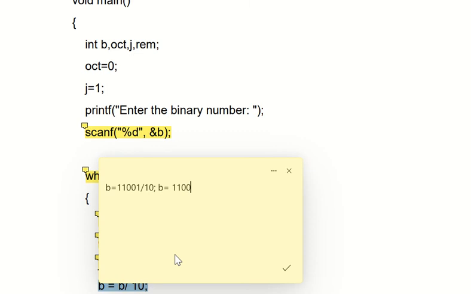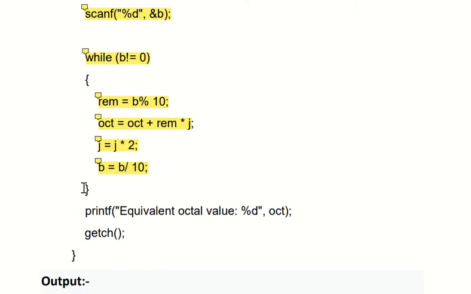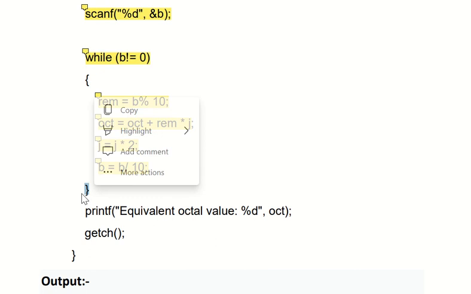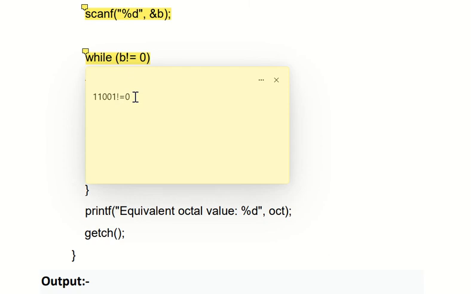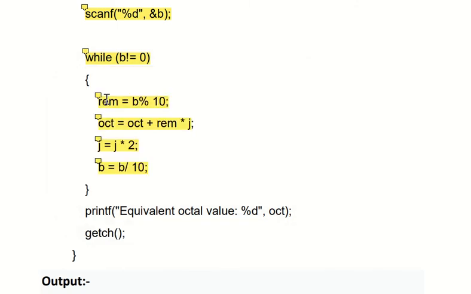You have to forget about the decimal part because it is integer only. So now closing of this bracket, which means again the while loop condition is checked. Now b is 1100, not equal to 0, so again the condition is true and we go inside again.